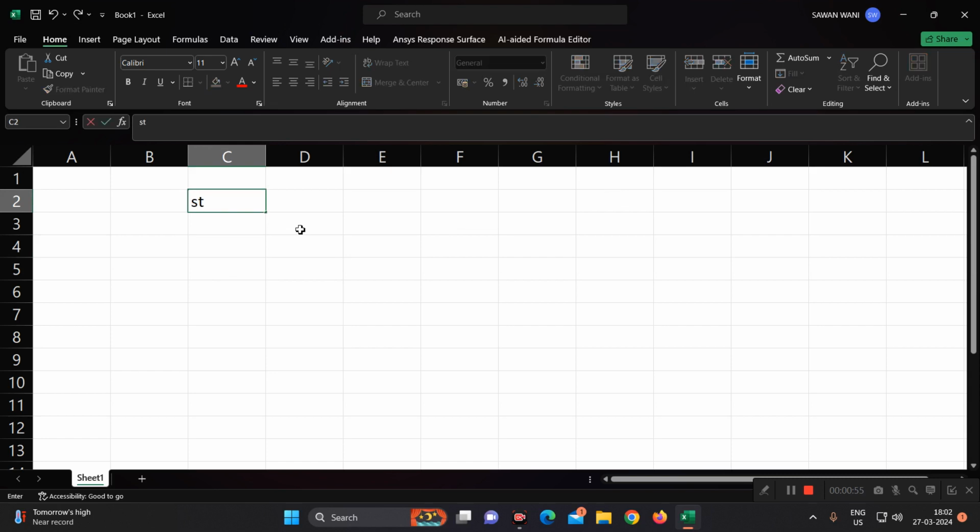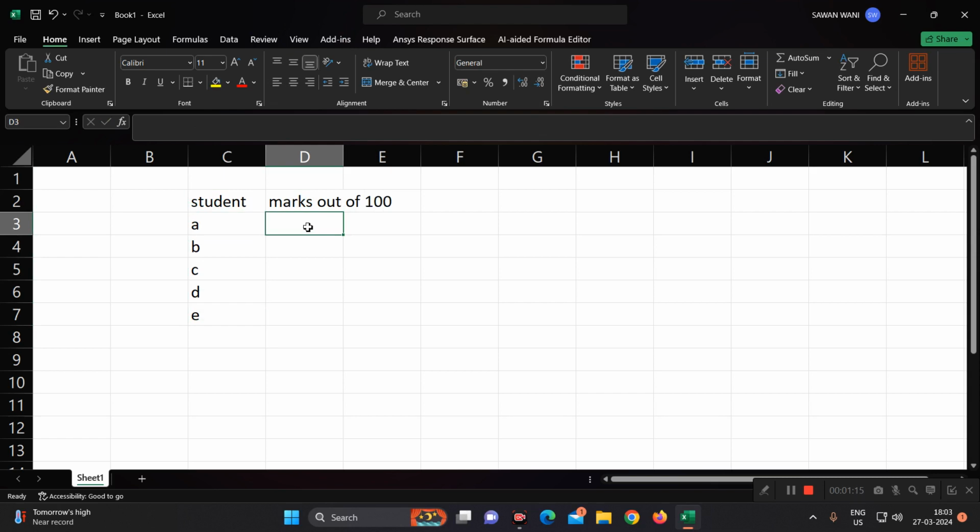Suppose you have students named A, B, C, D and E, and marks out of 100. Suppose we are having this set of marks and I have to represent that in terms of a bar graph. So you can just select this data,